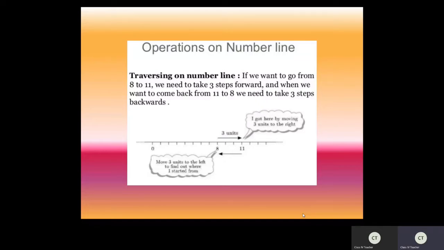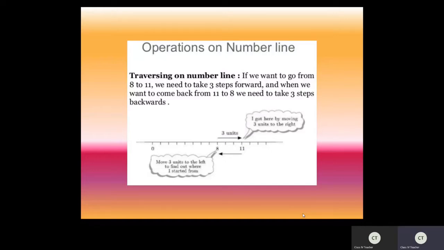Now, let us go on. Let us take one more. The same numbers, let us reverse it. When we have to move from 8 to 11 we are moving forward, or we are doing forward counting. That is called addition on a number line, children. What is it called? Addition, adding the numbers. Okay, we are adding 3 steps. 8 plus 3 is giving us 11. Okay, so now what is the next one?